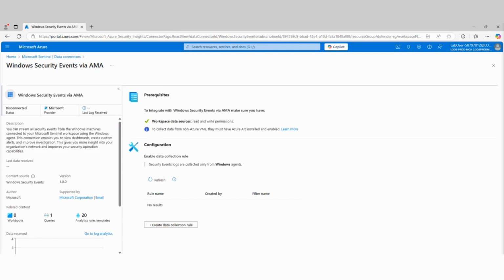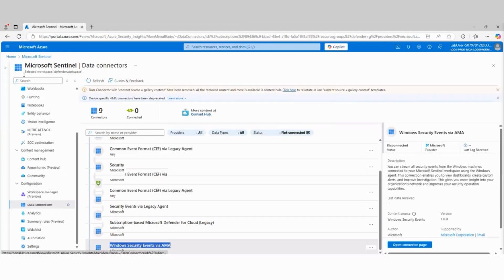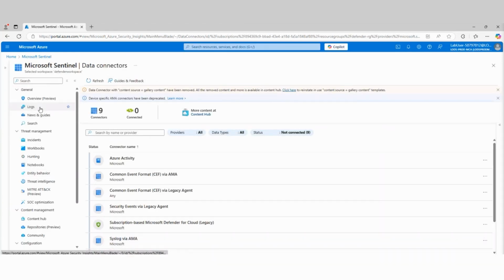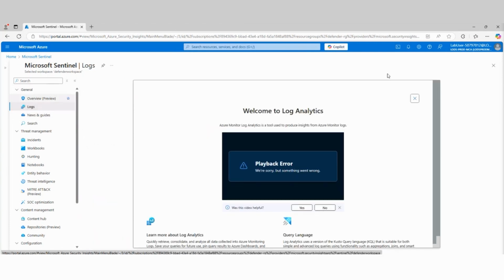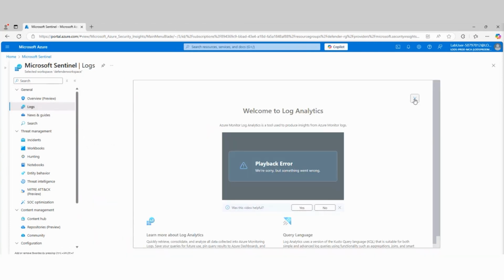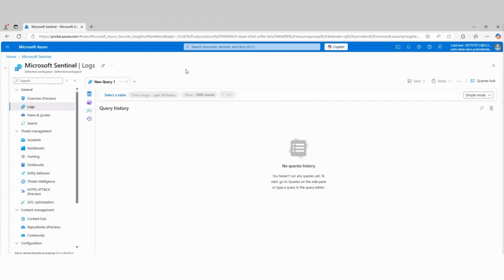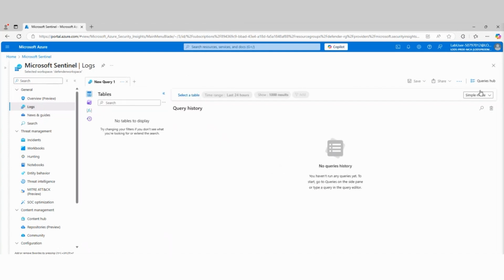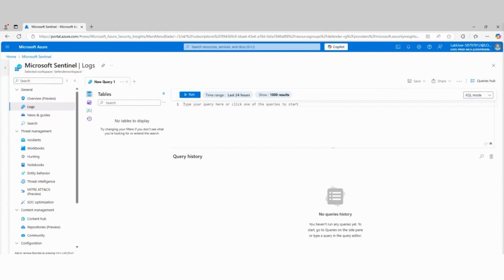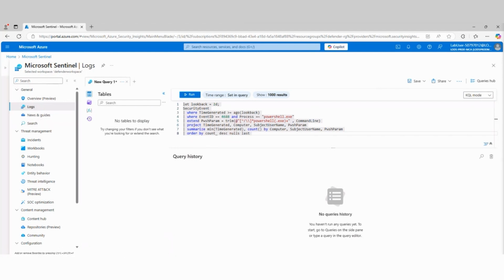We're going to go to our Sentinel main page. Within the main page of Sentinel, we're going to go to the log section. Keep in mind that depending on how your connectors are configured, it may take a few minutes for log data from various servers and other sources to make its way into your log analytics workspace for Sentinel to use. But we're going to test this out and run a quick query that's going to look for that specific thing. What it's looking for here, by the way, we've got a variable set up here.